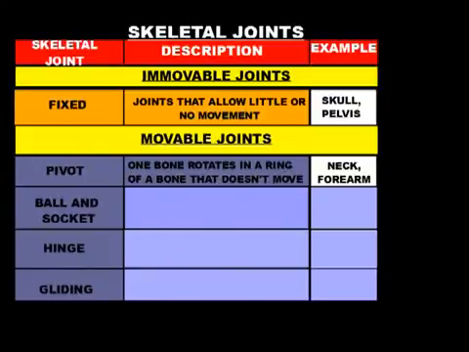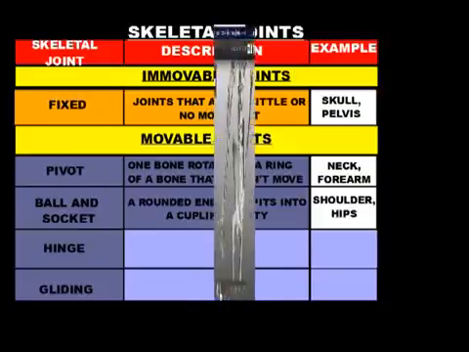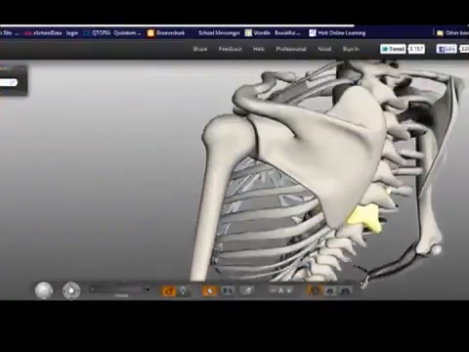The next type of joint we're going to discuss is called a ball and socket joint. A ball and socket joint is where a bone has a rounded end that fits into a cup-like cavity. So the rounded end would be the ball, and then the cup-like cavity would be the socket. And there are two places where we have ball and socket joints. We have ball and socket joints in our shoulders and in our hips. So if we go visit Steve again, and we scroll up to his shoulder,